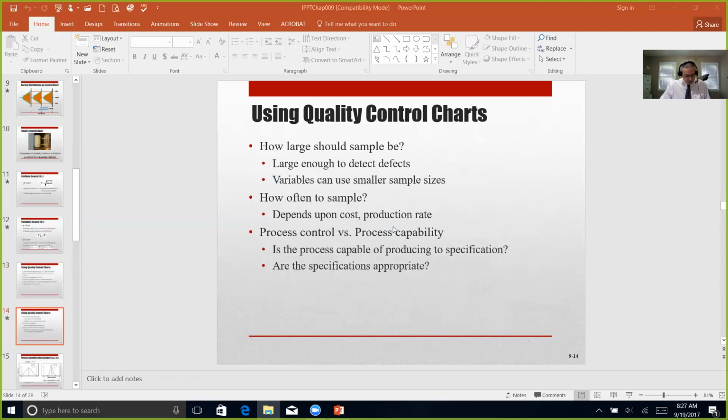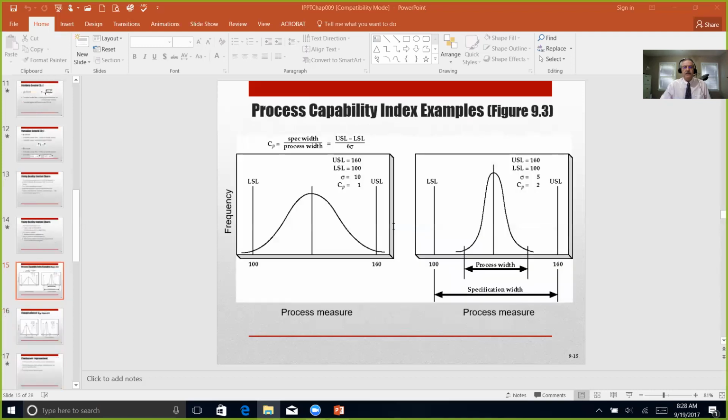And it's important to remember that whether or not a process is in a state of statistical control, and whether or not a process is capable, are two separate issues. Just because a process is in a state of statistical control does not mean that it's capable of maintaining that statistical control. Here's an example, figure 9.3 of that particular process, where we have the process capability with the Cp,